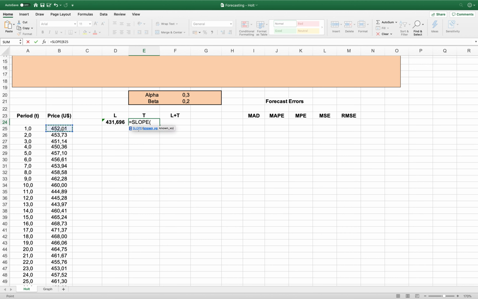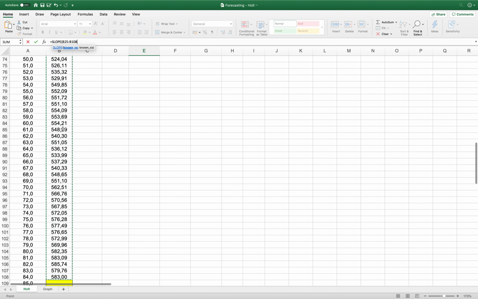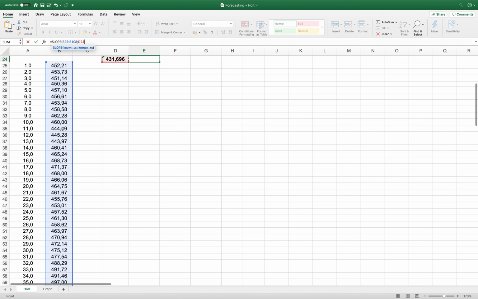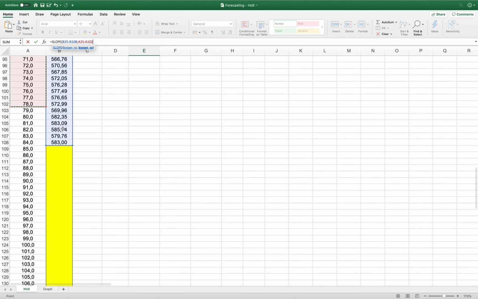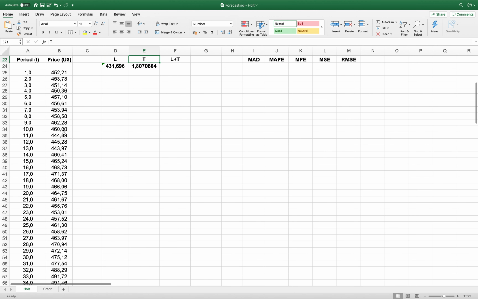Again, we will select the y's and the x's. Exactly the same frames for both variables. Make sure you don't make the mistake of selecting different, not matching, areas of your spreadsheet. It's a common mistake. Okay, we have level and trend, and then we will start our smoothing